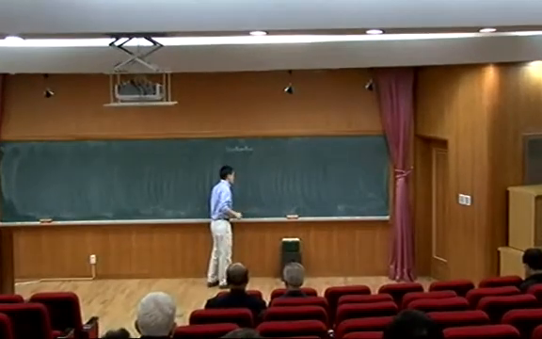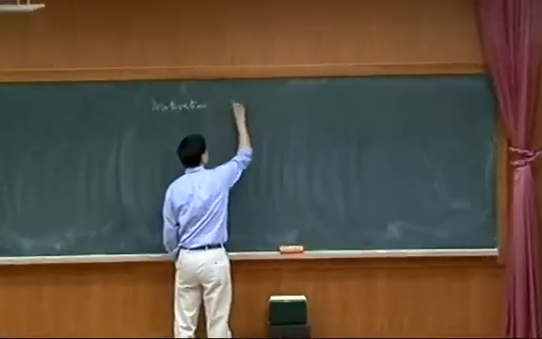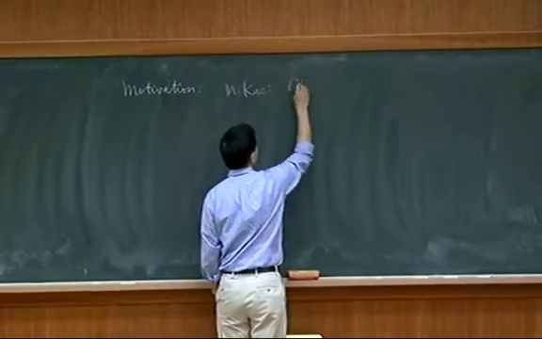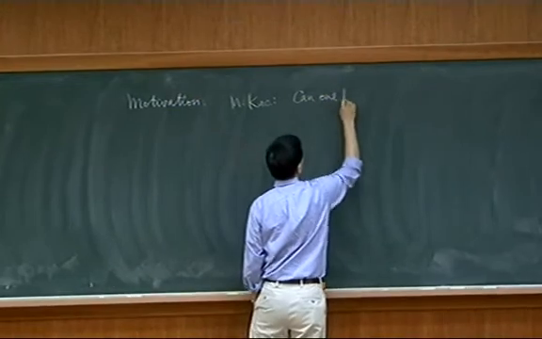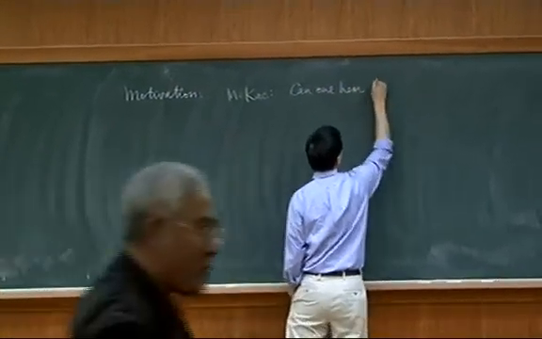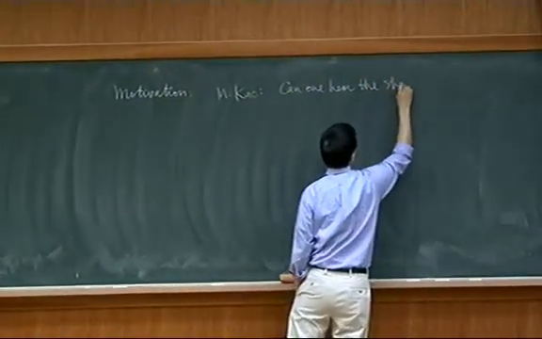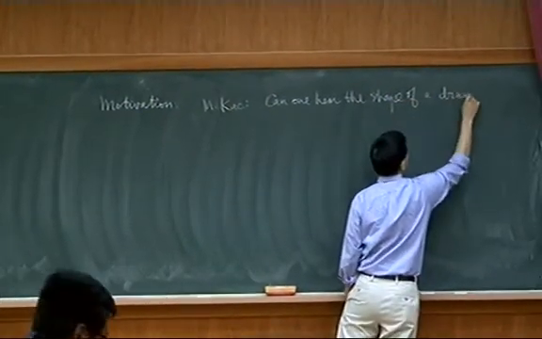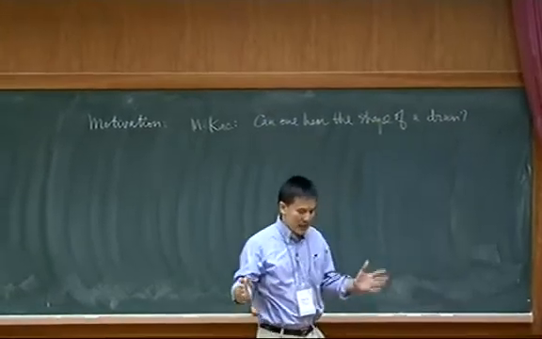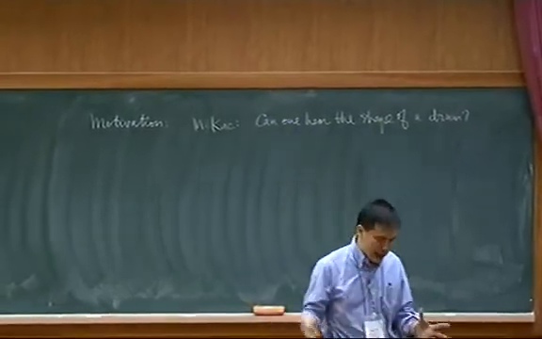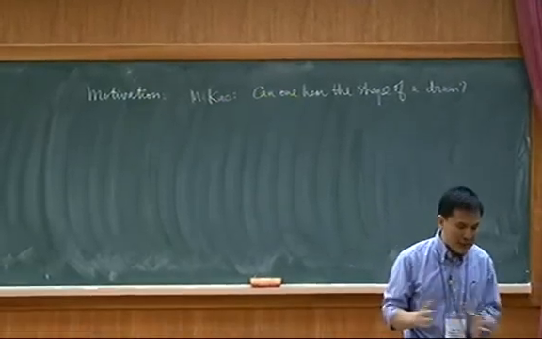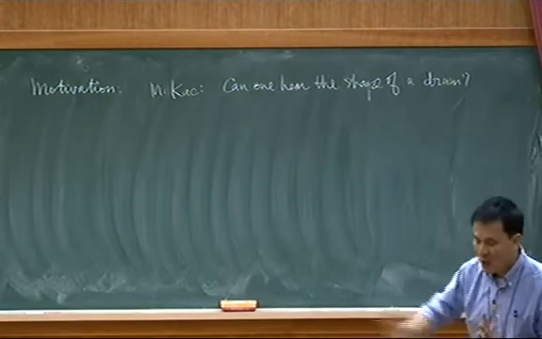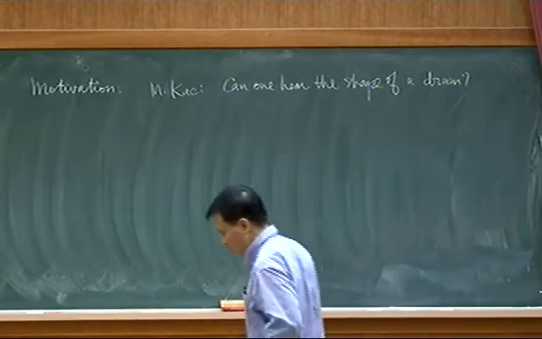So there's this famous question by Mark Kac, which asks, can one hear the shape of a drum? What he asked was that if you have two planar domains, if their spectra are the same, they are isospectral, can you say that they are isometric? Now this, of course, has been resolved.